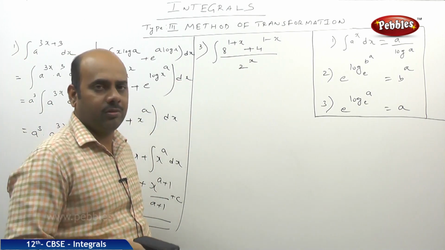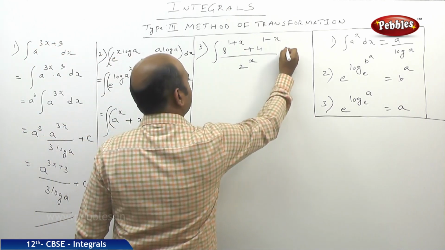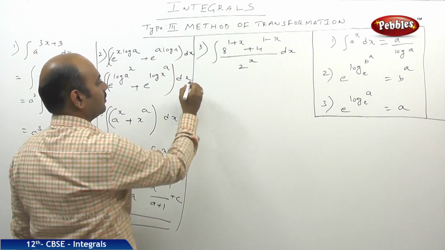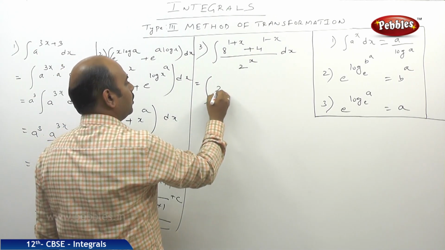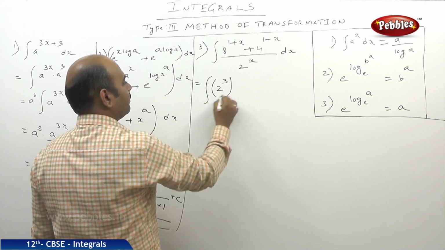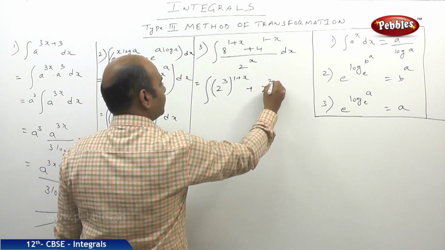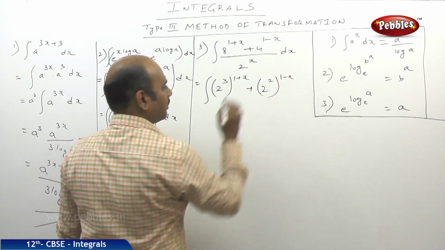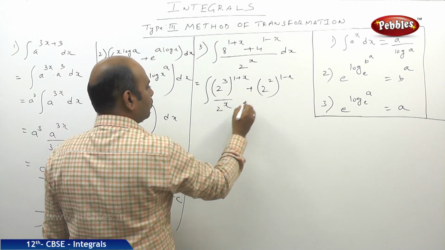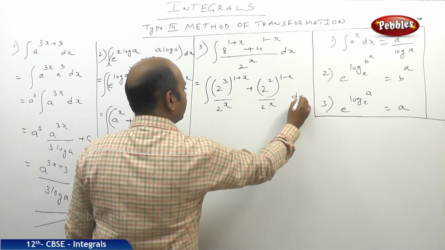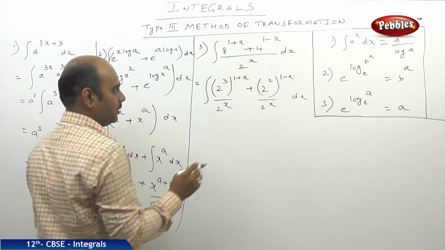Now we shall try to solve another problem. Now if you could observe carefully, nothing is given means it is clearly understood, dx is there. So integral of 8 means I can write as 2 cube to the power 1 plus x. This also I will write as 2 square whole power 1 minus x. Now this will be 2 power x and this will be 2 power x dx, because yesterday I said a plus b by c means a by c plus b by c.